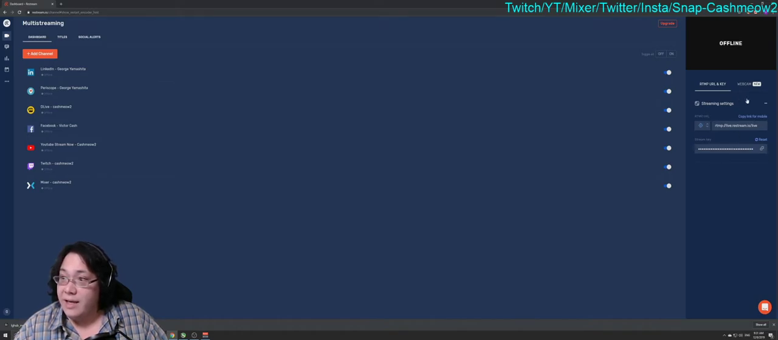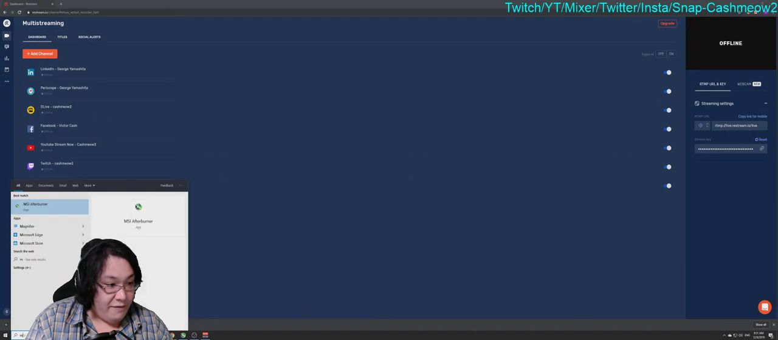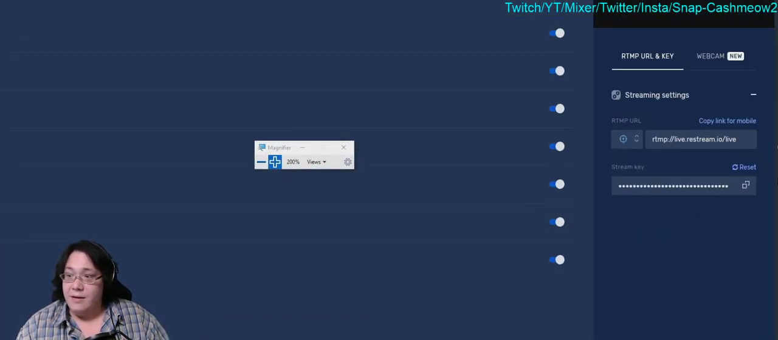So under streaming settings, under RTMP URL and key, it's going to give you a stream key. So all you got to do is copy this key. Once you have it copied to clipboard, I'll go ahead and magnify this so it's easier to see. So once you have copied your stream key,